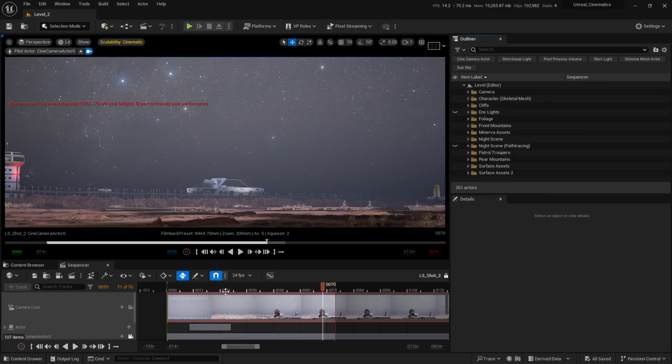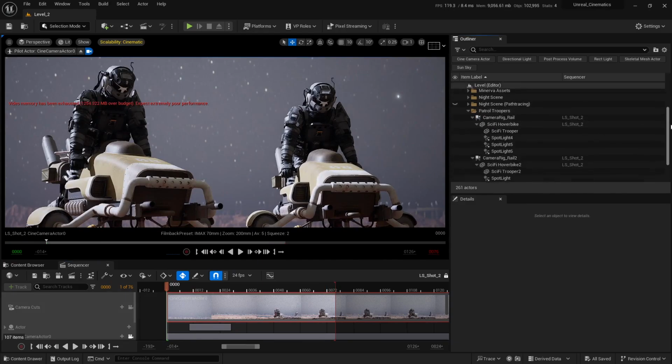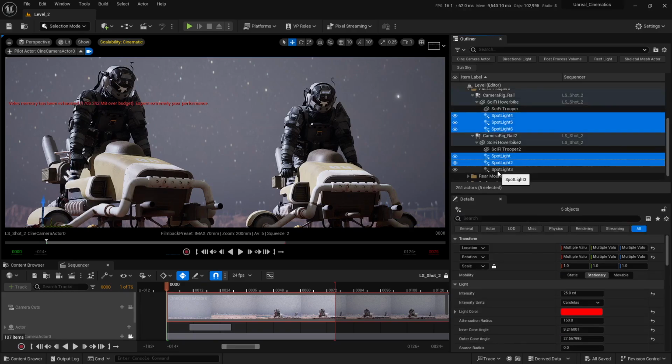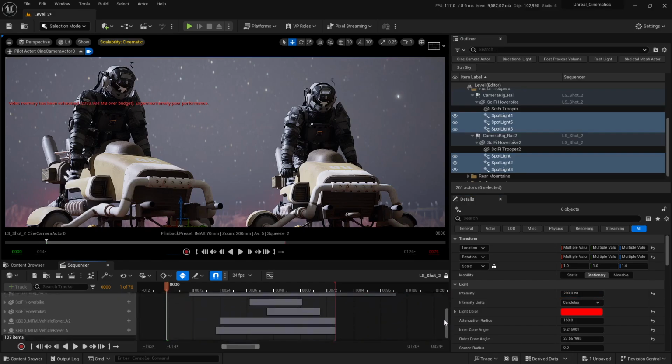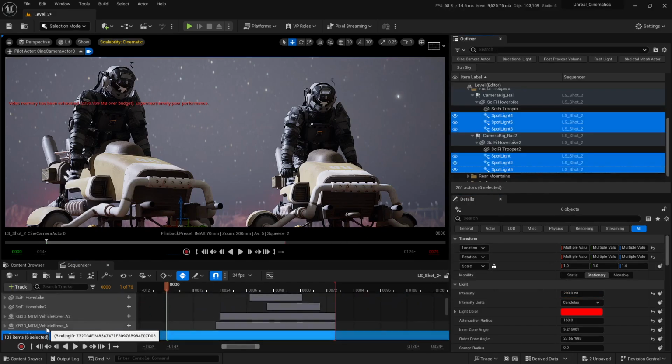The next thing that I'm gonna do in here is to animate these spotlights that we have with these sci-fi hoverbikes. From the outliner, I'm gonna select these spotlights. I'm gonna select these three from here and these three from here. And for now, I'm gonna increase the intensity back to 200. Let's unlock this, and I'm gonna bring all of them to the sequencer. I'm gonna bring up this window,